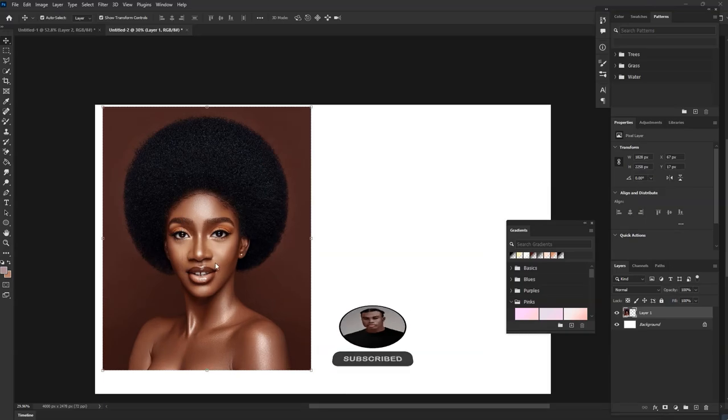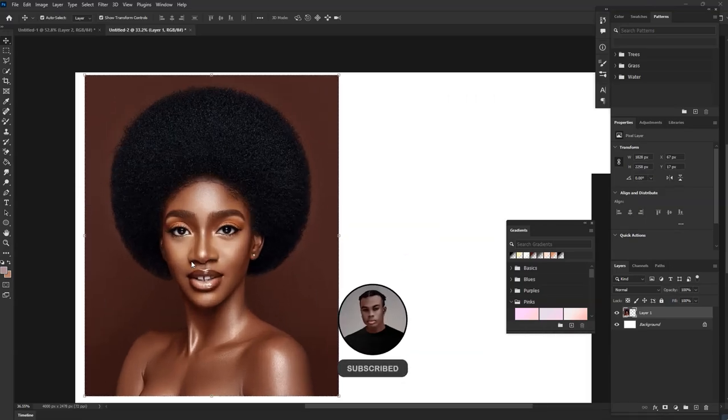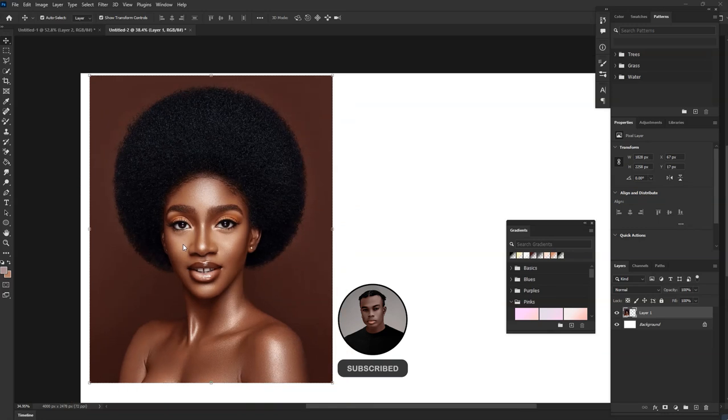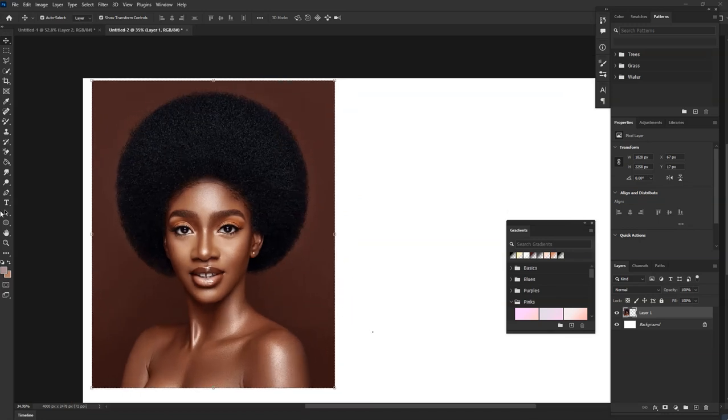So I'm gonna show you how to max the image like this, from this to this. Let's go, let me show you. Okay, so this is the image. This is my image right now, and what I'm going to do right now is I'm going to